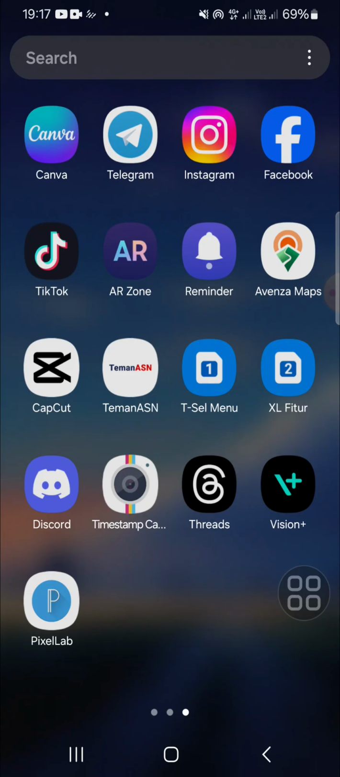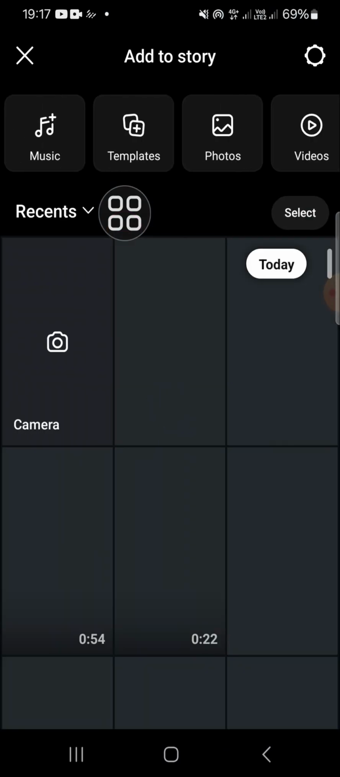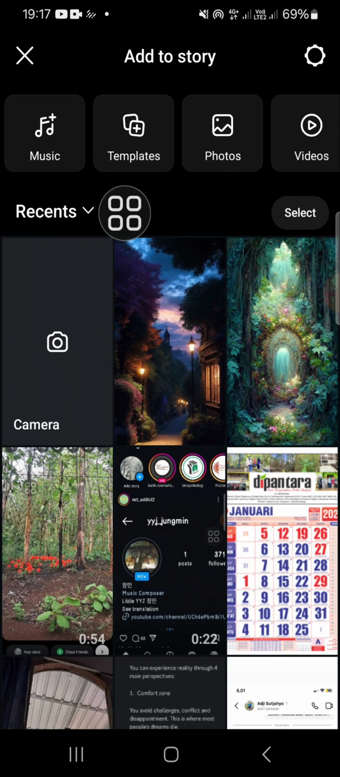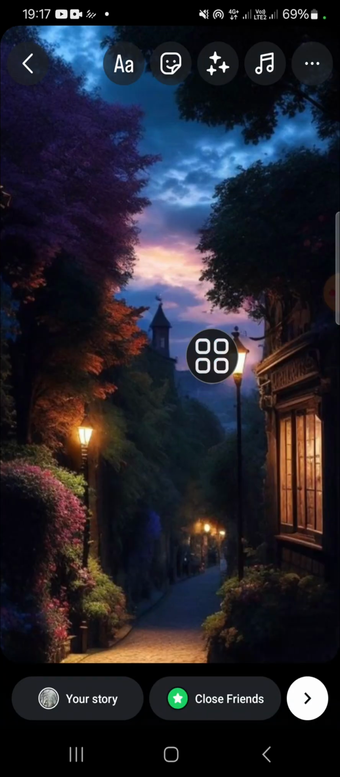First of all, I'm going to open up my Instagram application and create an Instagram story. I'm going to click on add story and just pick a random image from my device. For example, I'm going to go with this one. I'm going to upload this image to my Instagram story, and if you want to create a straight line for this